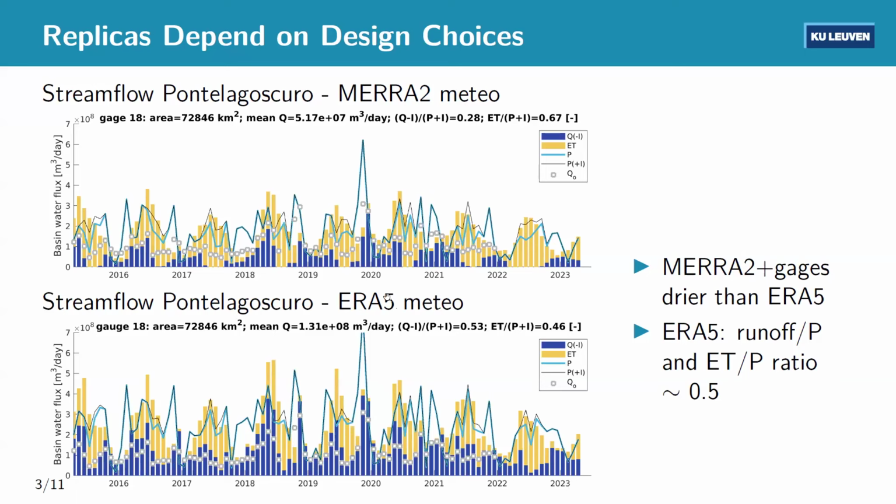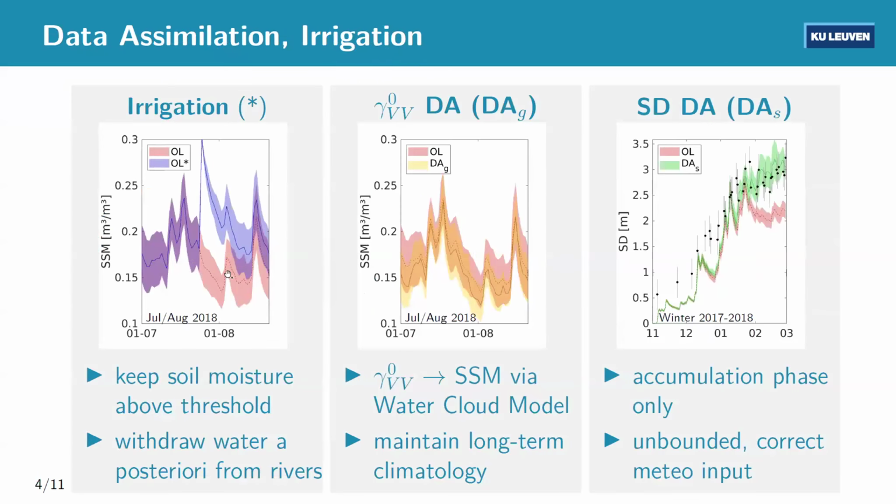But it goes to say that ERA5 better matches, although if we compare with precipitation data, that's not the case for the entire basin. But so that's our choice. Just to keep in mind that the choice of your meteorology and your parameters actually strongly affects the results of your digital twin. So the 3 dimensions here that we will